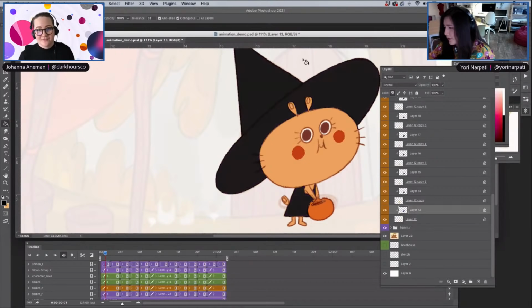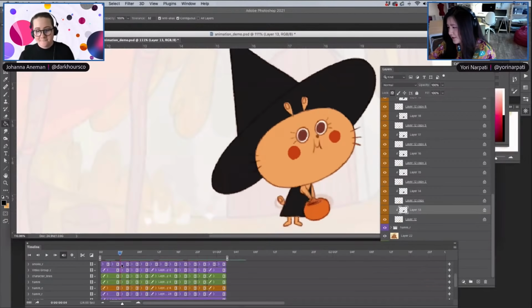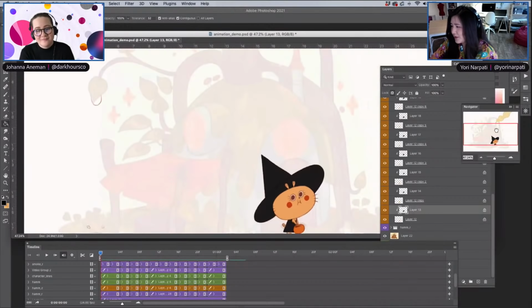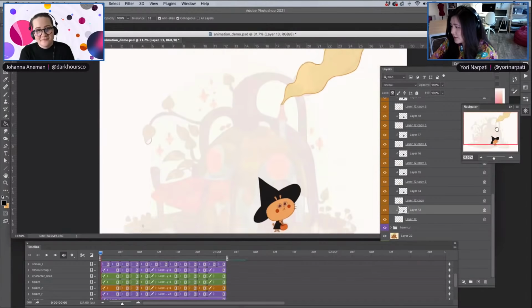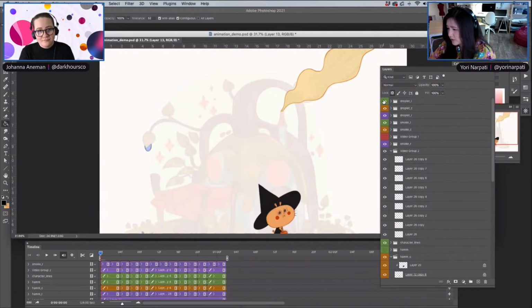I'm just undoing. Okay. Yeah, there we go. All right, so that's kind of like the finish. Again, you can use the clip layer to add in anything you want. So if you want to add in shadows, that's also a good way to go about it. But in this case, I haven't really done a shadow because I just want this to be very simple. And yeah, let me show you, let me turn on the layers for the little